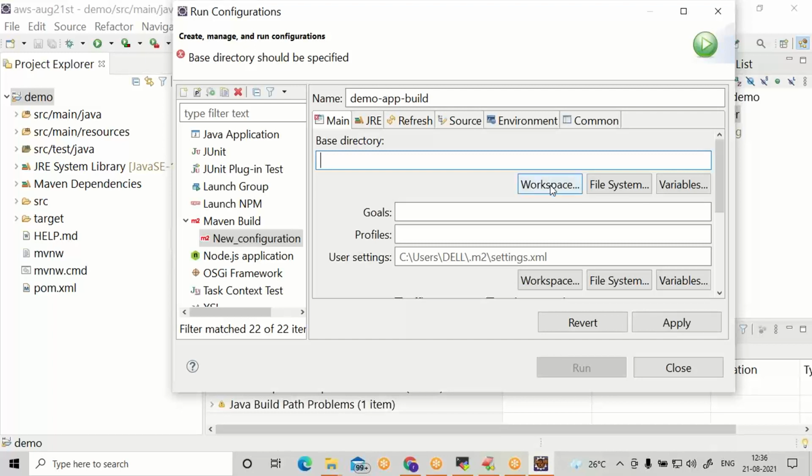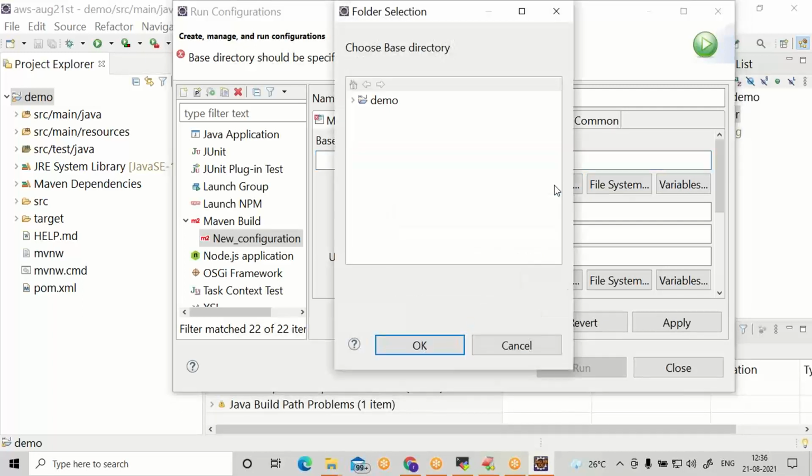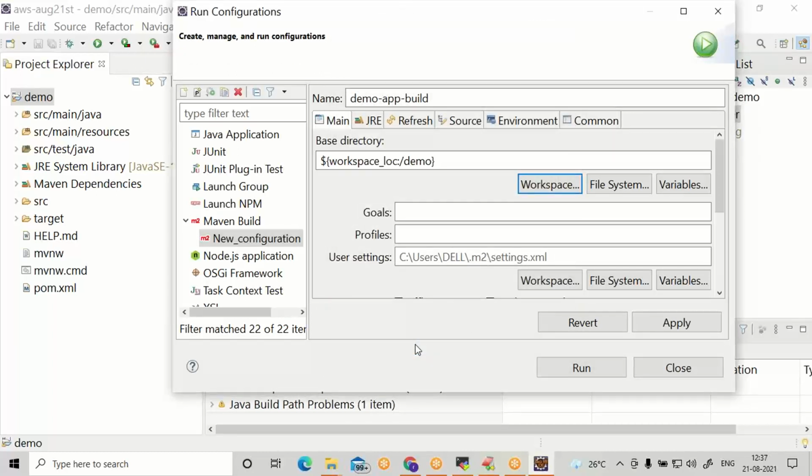Click on workspace. Select the project. Click OK. Come to the goals.